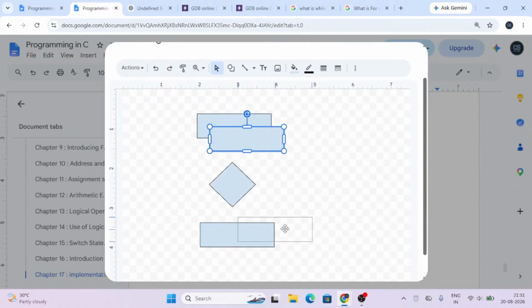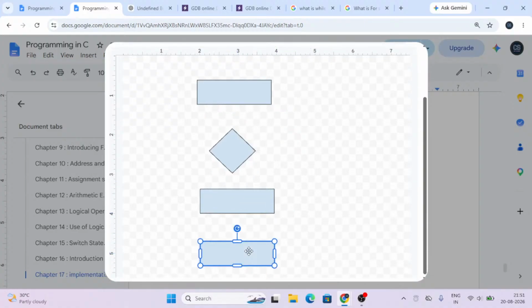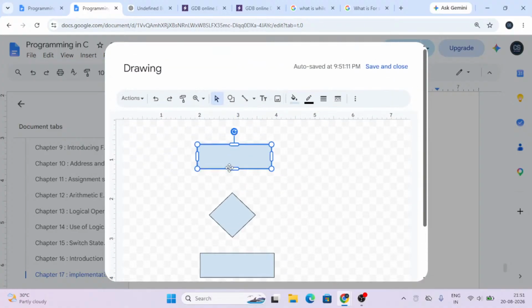Again paste. Let's go down. So let's now write it here. Where is text? Write it here. First we'll come with expression 1. Expression 1. Then